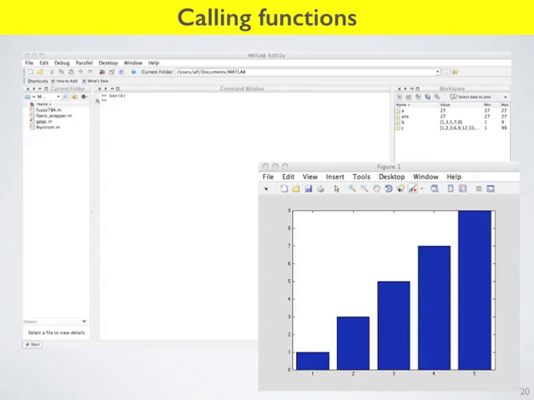You just type the function name, open regular brackets, argument list, close the regular brackets, and hit enter, and that will execute the function. So this vector b that we made in the last slides, we're going to plot it in a bar chart. The function call to make a bar chart is just bar, and then the argument is b, and you should get a nice graphic pop up like this. So you're going to get your bar chart of vector b.